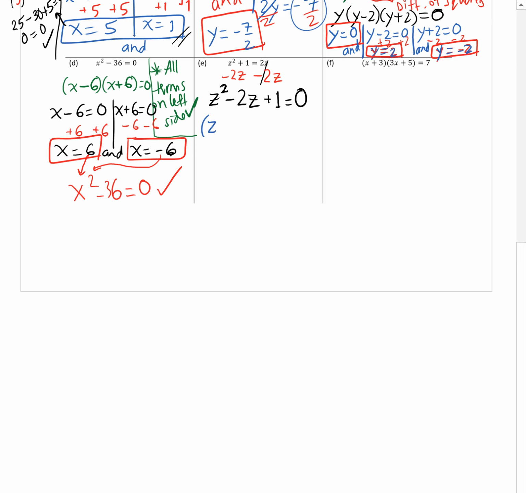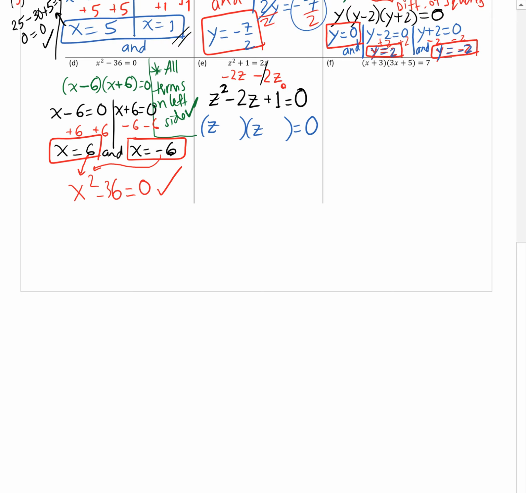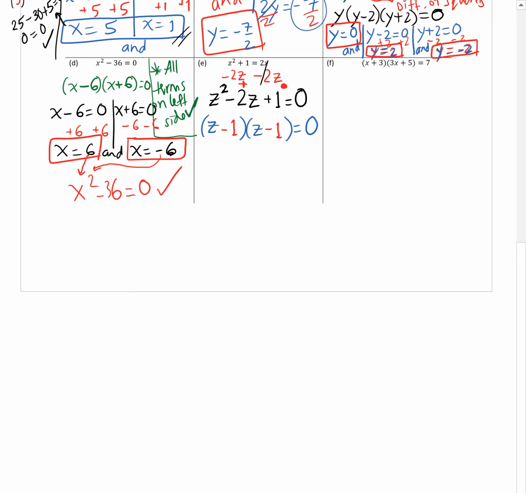So in this one, since it's a trinomial, and there's no number in front of z squared, I should be able to just do this the easy way, where it's just going to be a z and a z, and then I ask myself, okay, what multiplies to 1 but adds up to negative 2? I think that would be a negative 1 and a negative 1, right? Negative 1 times negative 1 is 1. Negative 1 plus negative 1 is negative 2. So this is kind of weirding me out that those are the same factor, but let's pretend like we don't know anything weird is going on,